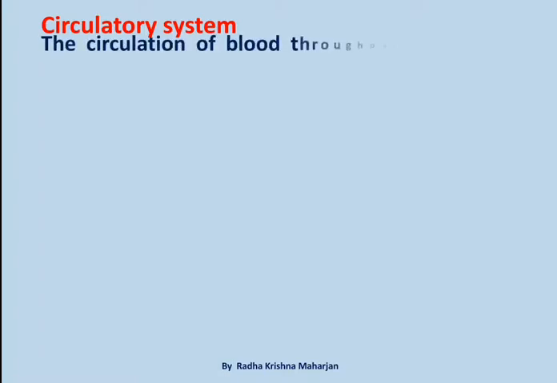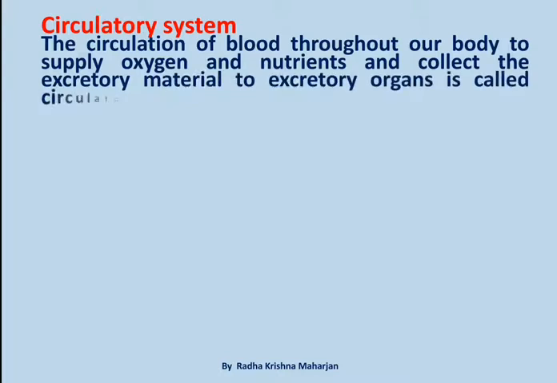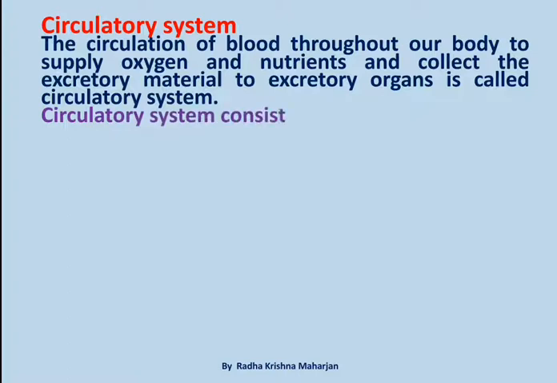The circulation of blood throughout our body to supply oxygen and nutrients and collect the excretory material to excretory organs is called circulatory system. Circulatory system consists of blood,